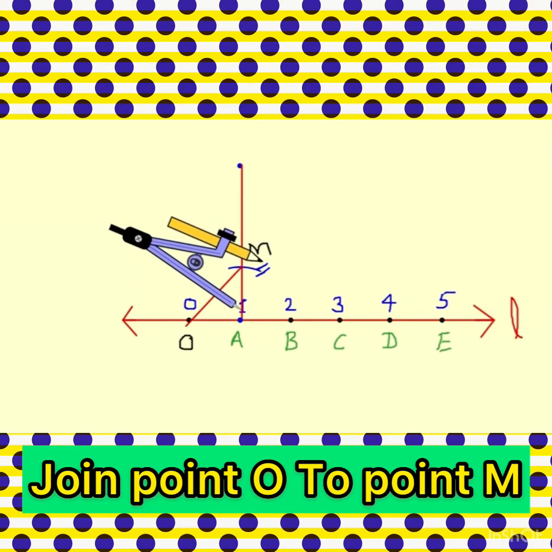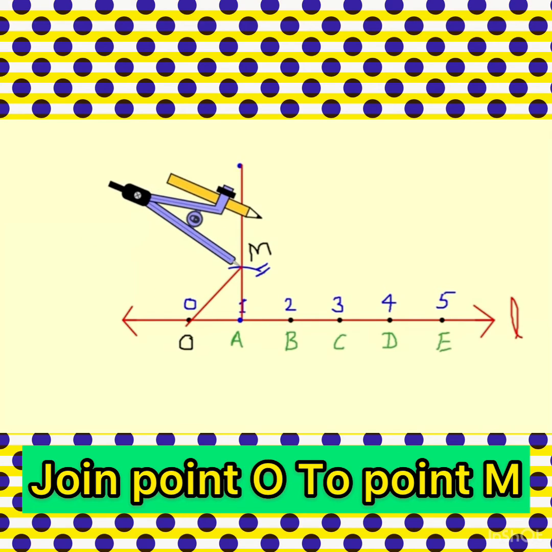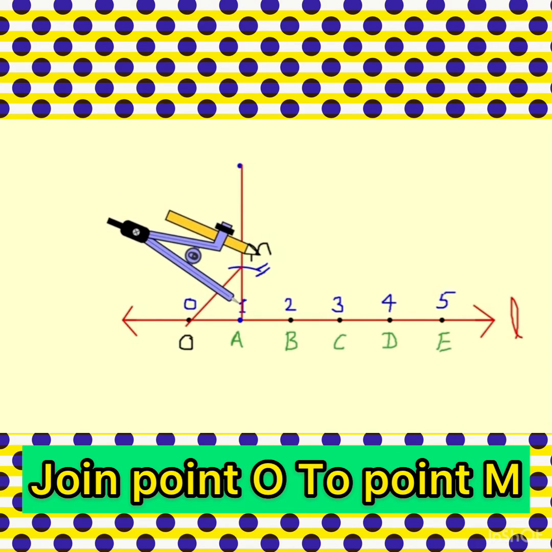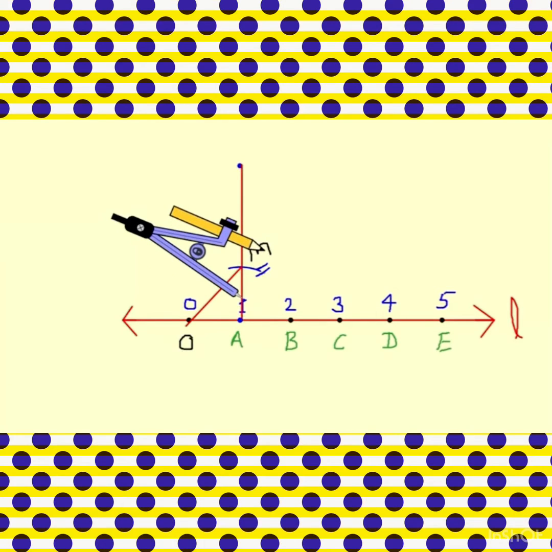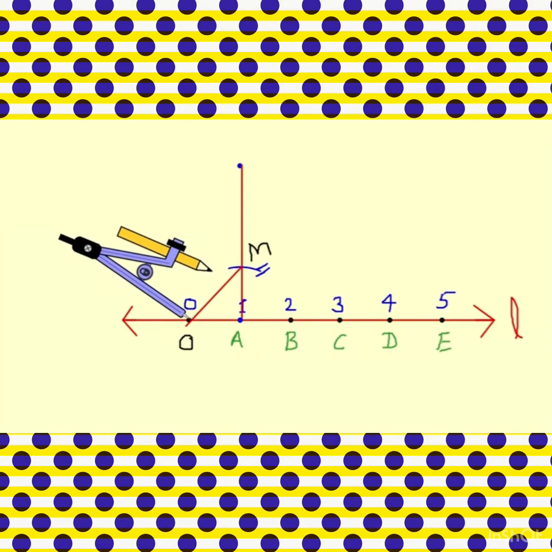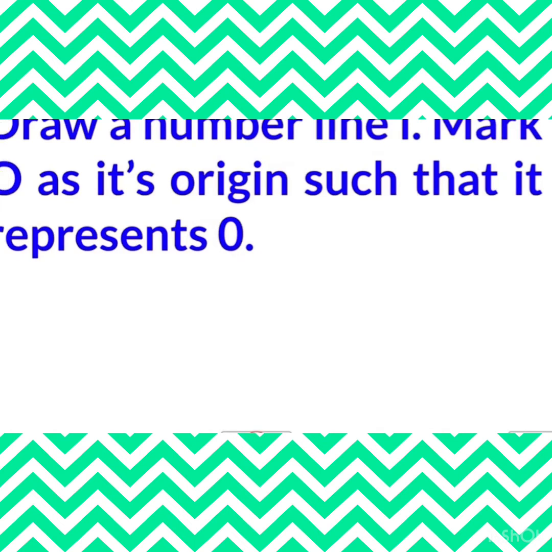So you can observe that this point O, A and M, you will get a right angle triangle O, A and M. If you will take OA, that is 1 unit, then you can use here Pythagoras theorem as